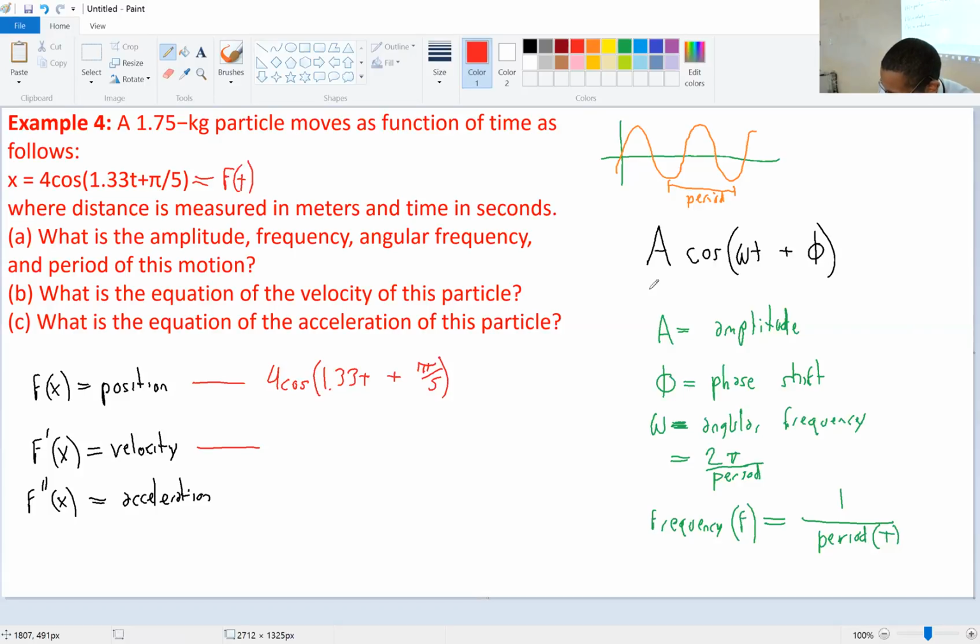All right. So let me write this. Then we have 4, I'll go ahead and put negative out here, sine of